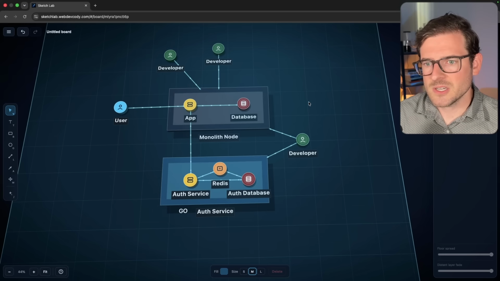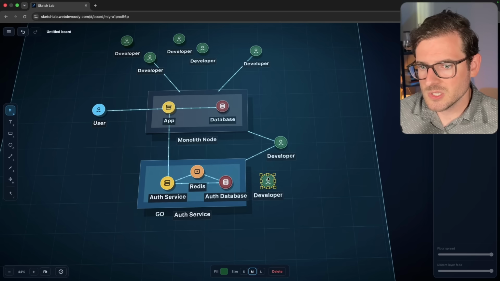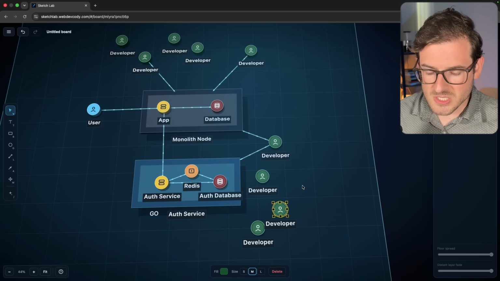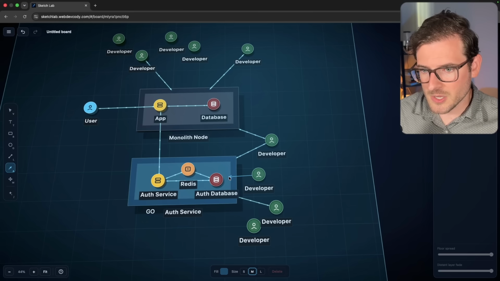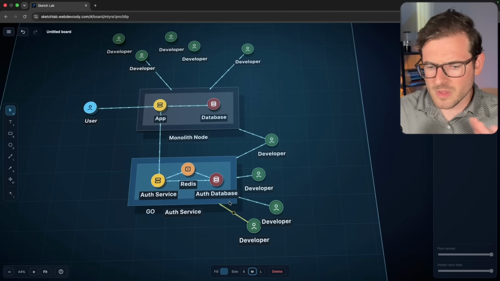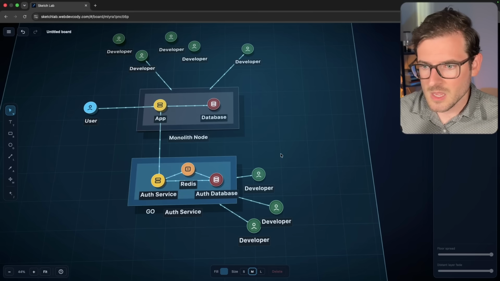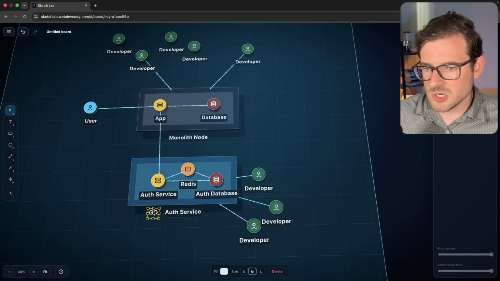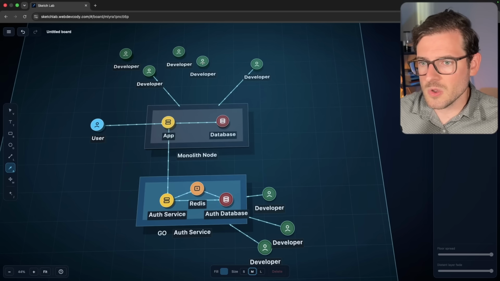But I will say, let's go back to the positives of this. As you have a bunch more developers, let's just keep on adding developers, you can split off different developers into teams, right? In a lot of organizations, this is how I've seen it done, where you have the auth service team. They're going to be working on your auth service, and that's the only thing they're responsible for. So instead of a developer working on 2 different services, they just work on the Go auth service. That's their specialty. They make sure it's fast. They make sure it's secure. They make sure they're scaling it properly. And this also works pretty well.